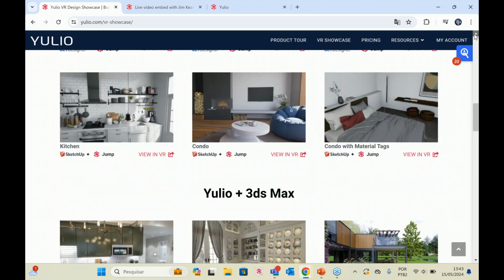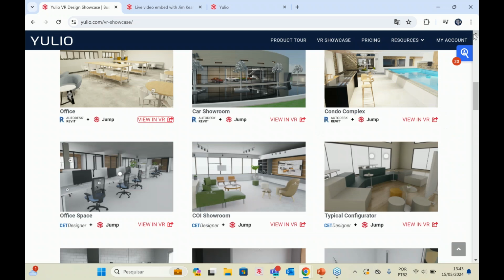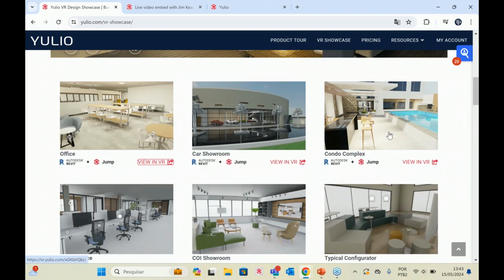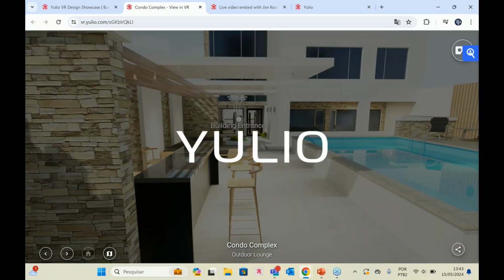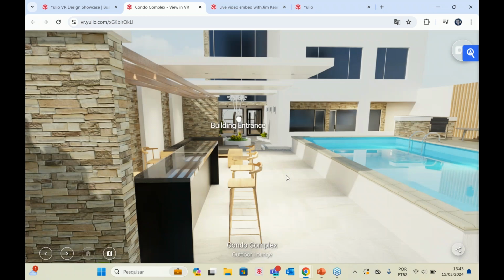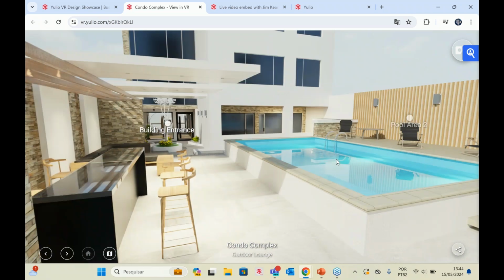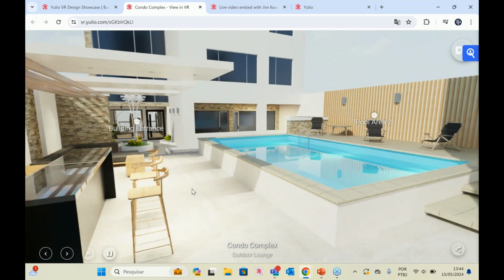presentations we have here. So I would like to start with a project created in Revit using Yulio Jump. Yulio Jump is our unlimited cloud-based platform. When you subscribe to a Yulio license, you get Yulio Jump with it, and you get many other collaboration features as well. This is a VR presentation, as you can